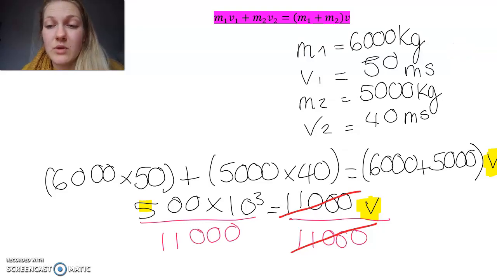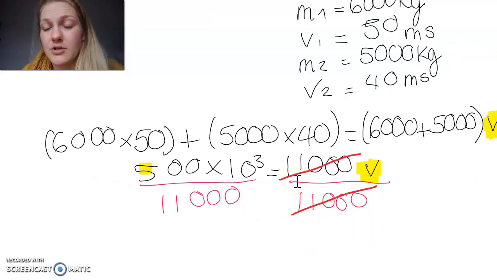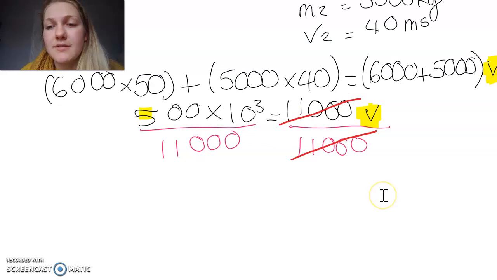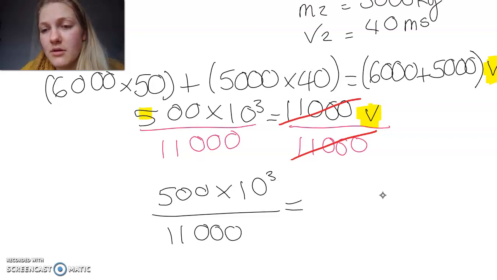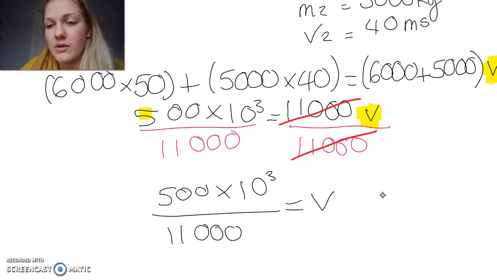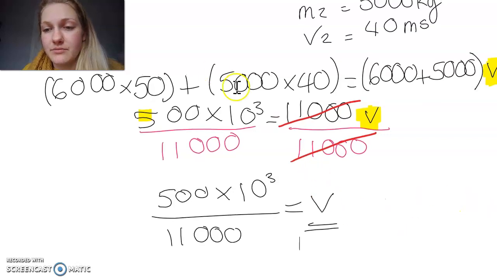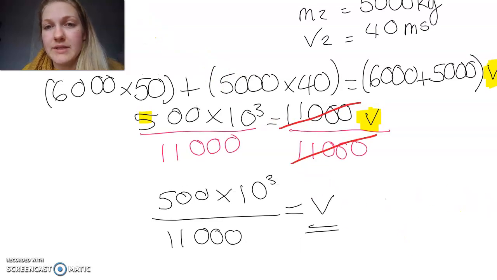This is great because then we hopefully will get V just by itself. So the answer to V now is just going to be 500 times 10 to the power of 3 over 11,000. So that's how we're going to work out V. If you then put it into a calculator, you will be able to get our answer